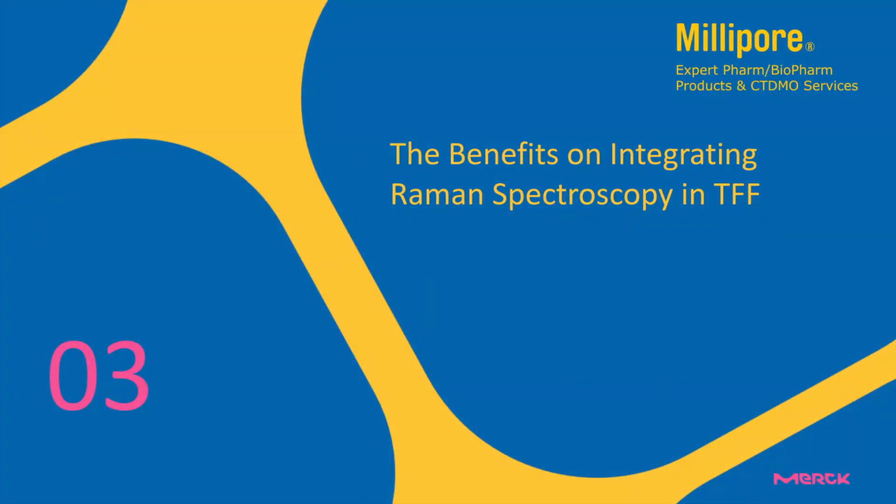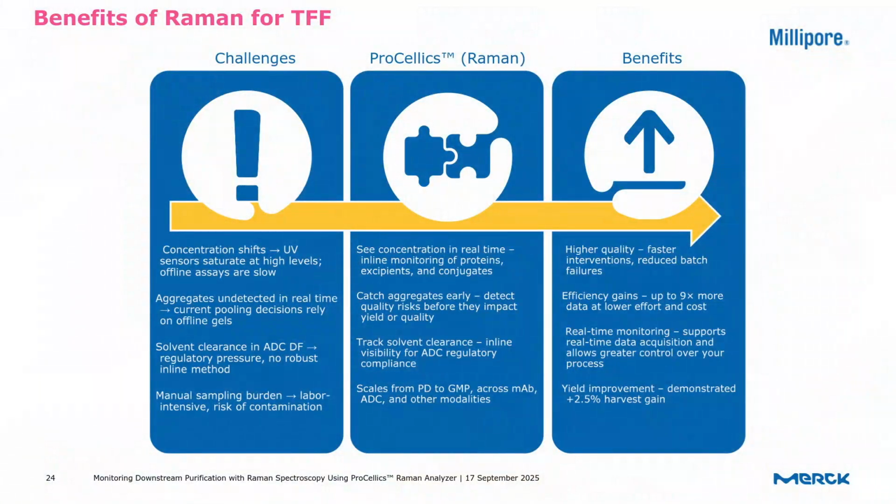So now I'm just going to give a brief overview of the benefits of that integration of Raman spectroscopy with tangential flow filtration. When we look at some of the challenges of tangential flow filtration, we see that there can be issues with concentration shifts with UV sensors that lead to high saturation of signal. So you're not getting a good view of your high protein concentrations. There are aggregates that can go undetected, that can vary between batches,